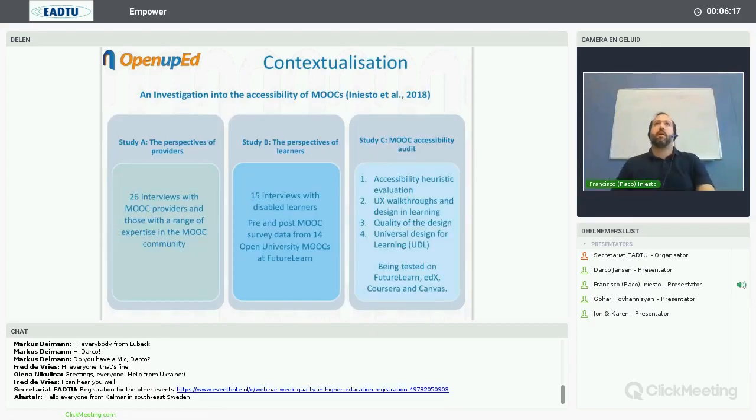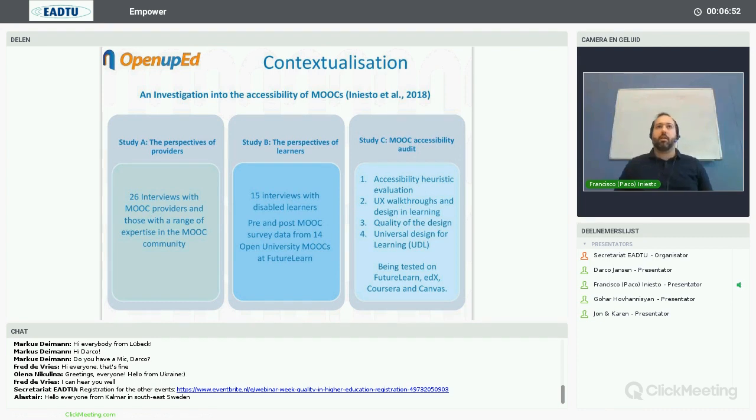In order to contextualize my research, since I'm already writing up, I have already conducted 3 studies to cover different perspectives and try to understand different areas. One of the things I want to understand is how MOOC providers cater for disabled learners, what the expectations of disabled learners are when taking part in MOOCs, and how MOOCs can be made accessible for disabled learners. Therefore, I conducted these 3 studies, one of them with 26 interviews with MOOC providers, those with